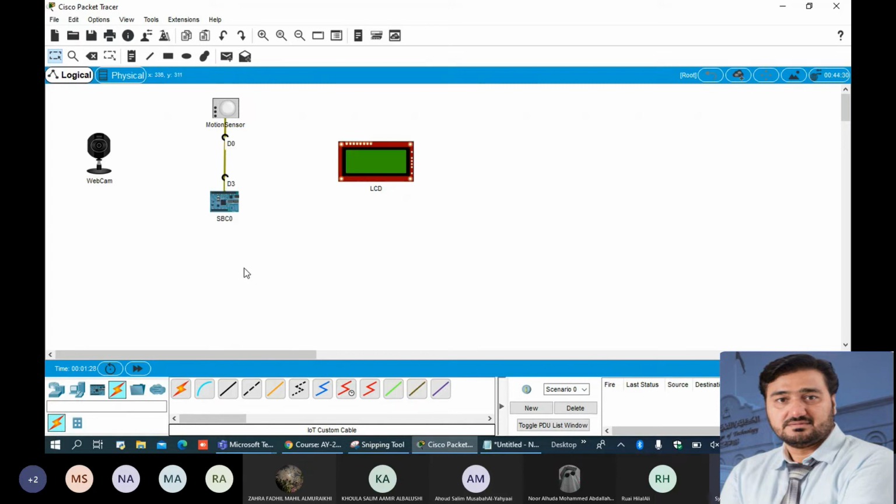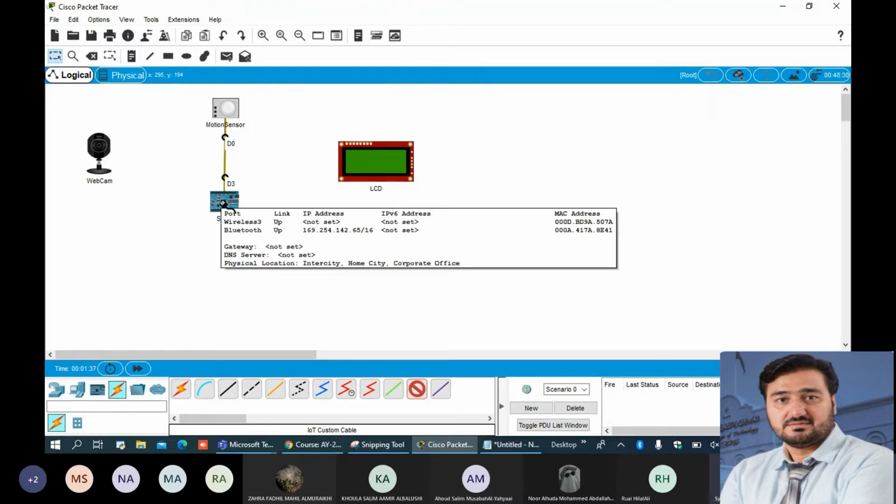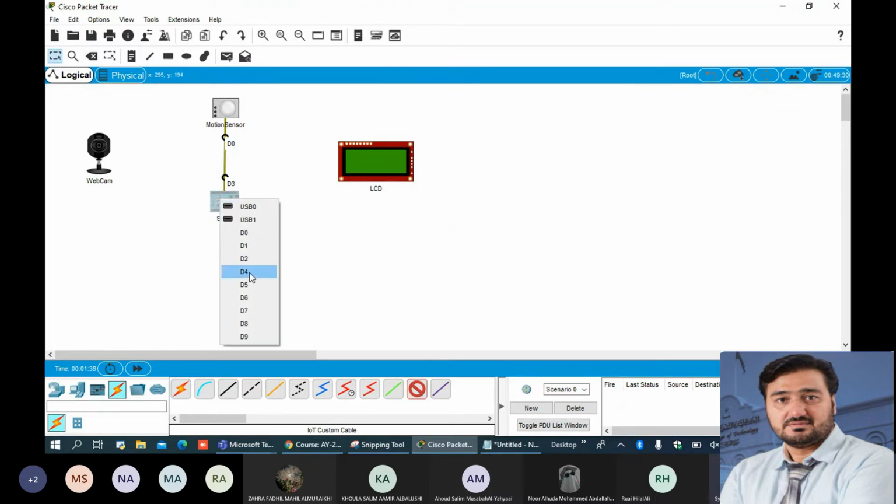You can connect with any port, it's up to you, but in this scenario, based on the given instructions, I'm going to connect the camera with D4, and the LCD with D5.